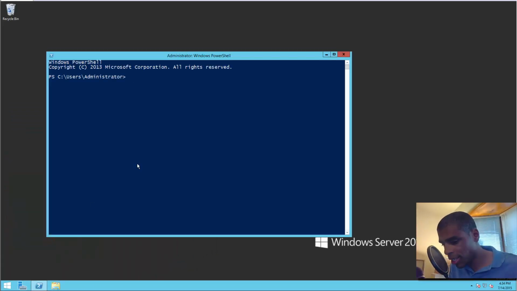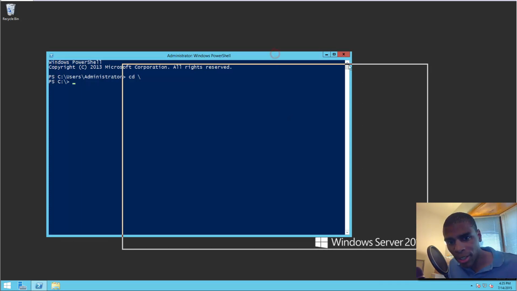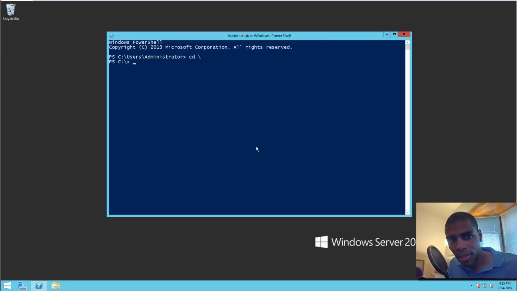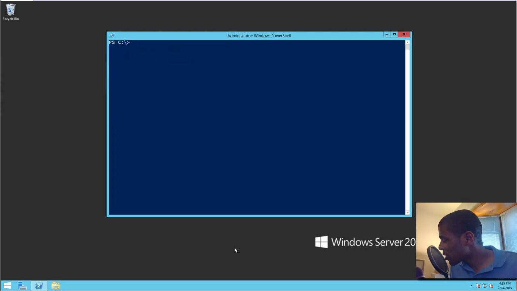I'm going to go ahead and type cd space backslash just to change to the root directory. Now, this is PowerShell. Let me clear the screen. And you might think, well, what do you do? Where do you get started? And this is why it's so intimidating. People don't really know what to do. What can you do with PowerShell? You can do a lot, and you're going to learn a lot. In fact, by the end of the series, you're going to become a PowerShell master. But for now, I just want to show you